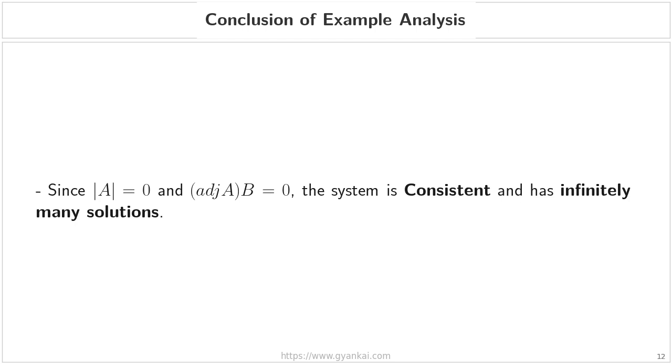Now, let's bring everything together to reach our final conclusion. Looking back at our calculations from the previous slides, we found that the determinant of matrix A is equal to 0, and when we multiplied the adjoint of A by matrix B, the resulting matrix was a 0 matrix. Because we have met the specific condition where both the determinant is 0 and the product of the adjoint and